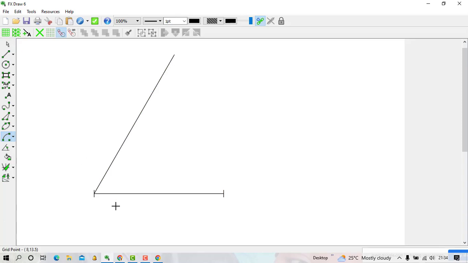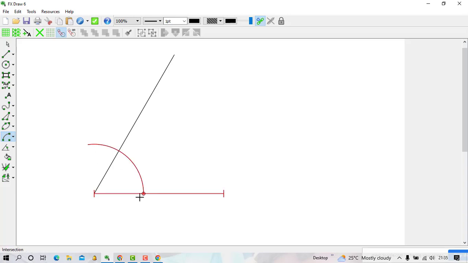Then I come, the first thing you need to place the compass at the center, that is it, I have placed it there at the center. Then I move. The second thing now, after I identify the center, I'm remaining with the end point. So first end point, I can say let the pencil start from here. You click, then you move. When you see it has reached where you want, it is okay. If you go a bit bigger it is also okay, but the suitable one is very appropriate. You click there. But you'll find that in another case you can click and it draws a complete circle. If it has drawn a complete circle, just click the backspace button, it will go away and you repeat the same procedure.